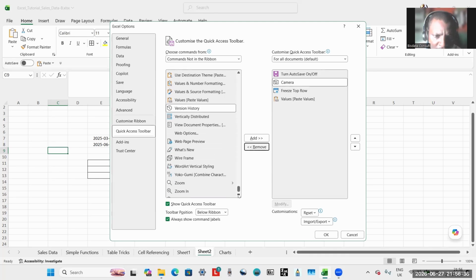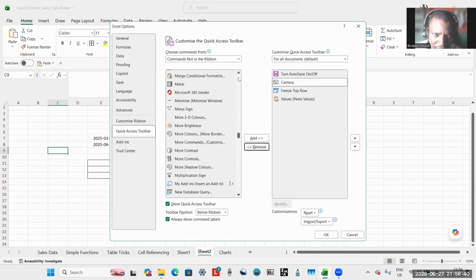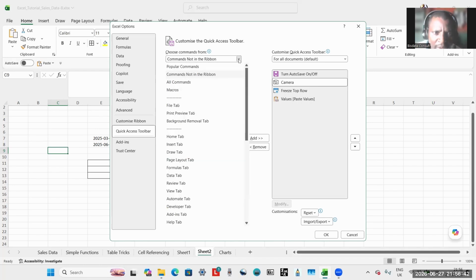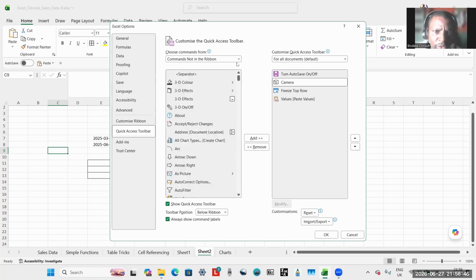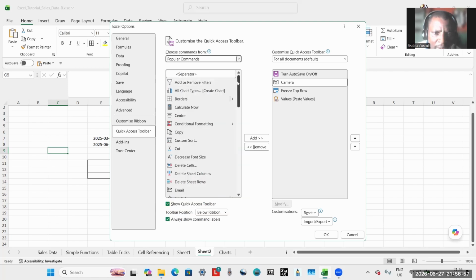I will add other from other source. So this is you look through commands not in the ribbon, or you can look through all commands. Okay, you can look through all commands, but that will take you a long time. Or at least once you set it up, it is there for you to use all the time. Let me still go back to popular commands. I will need